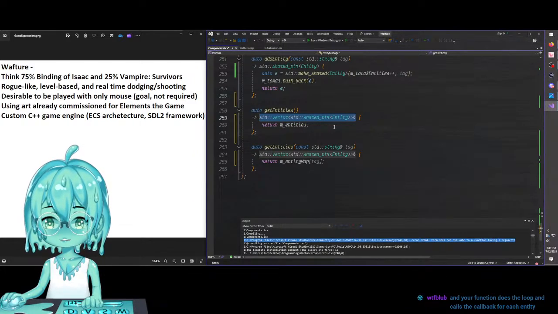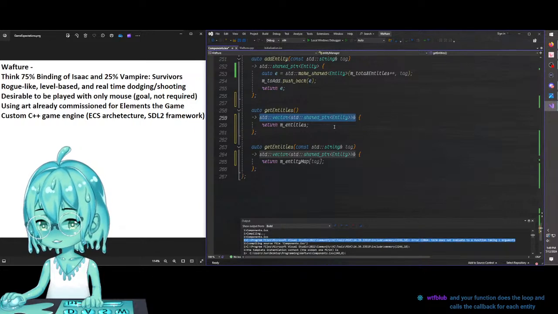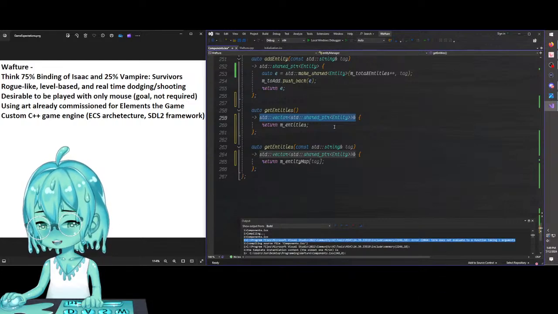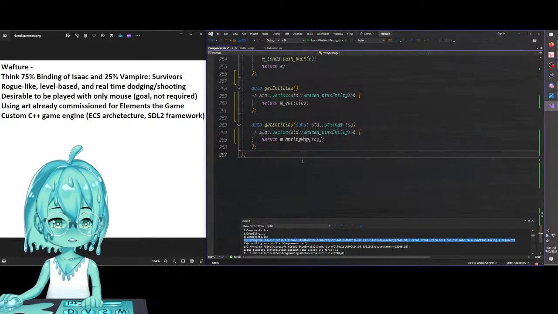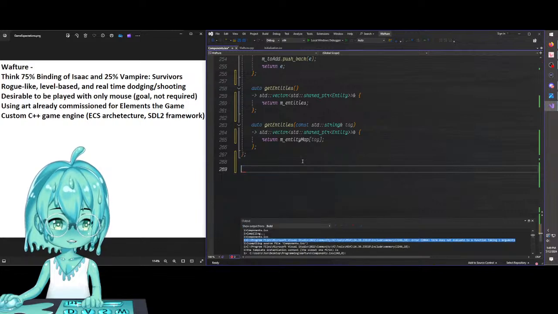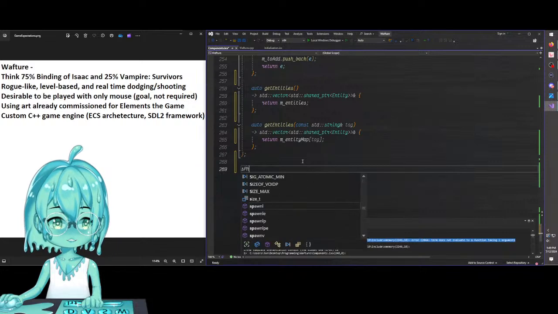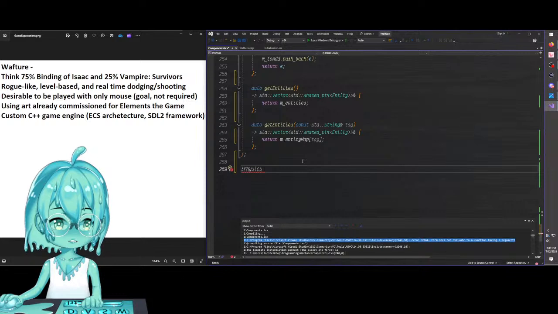And your function does the loop and calls the callback for each entity. I don't know if I want that, right? Because what I'm imagining is that later when we call our physics system, ooh, we can't call it systems. S physics. Whenever we have that class, right? Or that systems function,